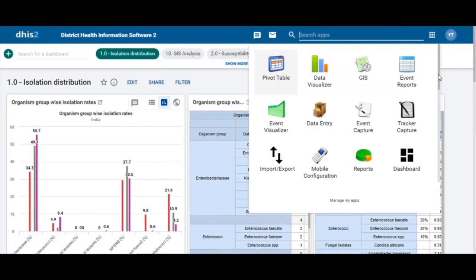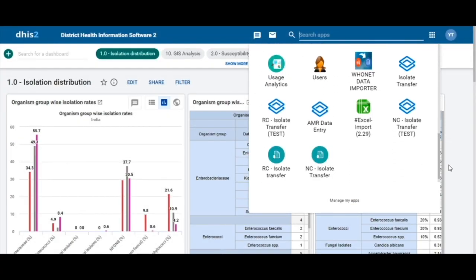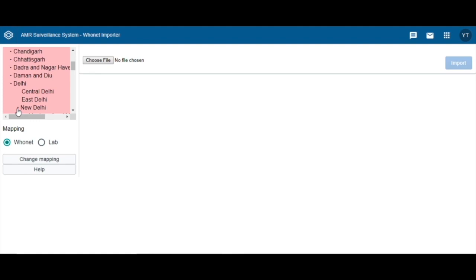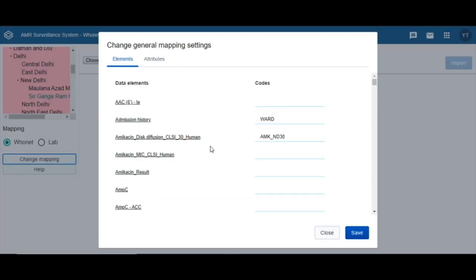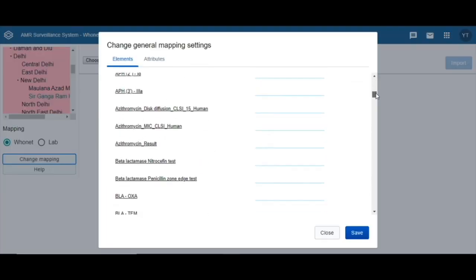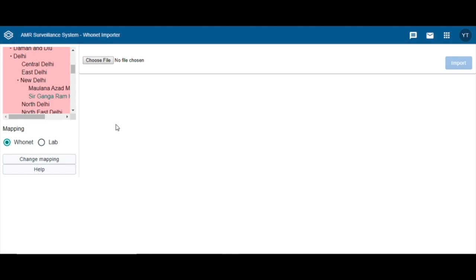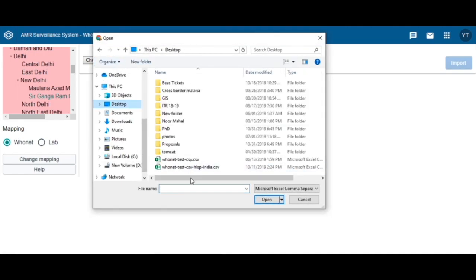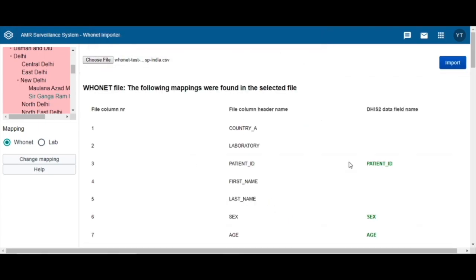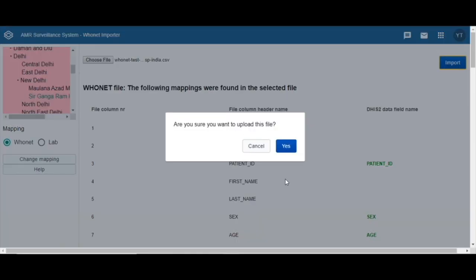An external application has been developed for interoperability with WHONET and LIS. A one-time coding of the data elements and attributes has been done. Reference for codes has been taken from the WHONET library. Users can take a data export from WHONET and this application to import their data. New registration IDs are added as new cases, while for the duplicate IDs a new stage is created to track